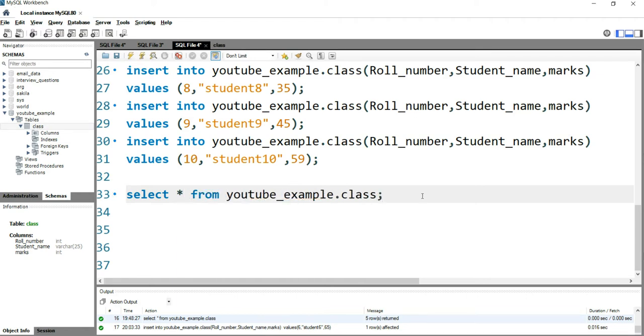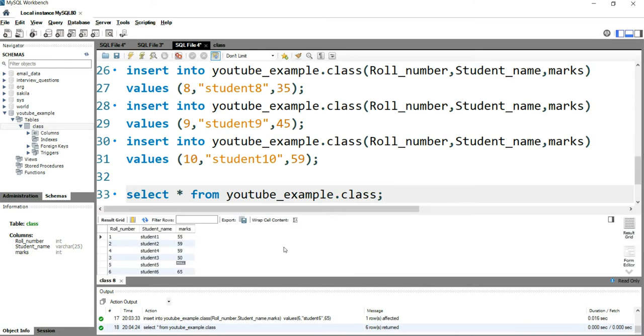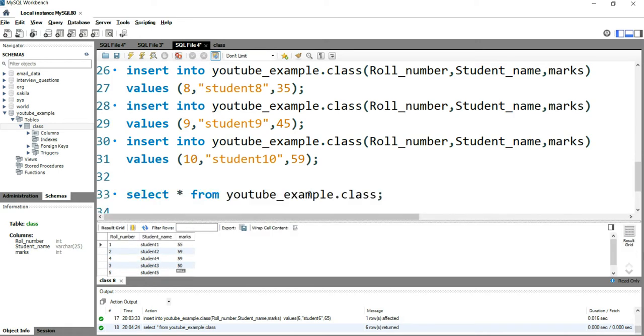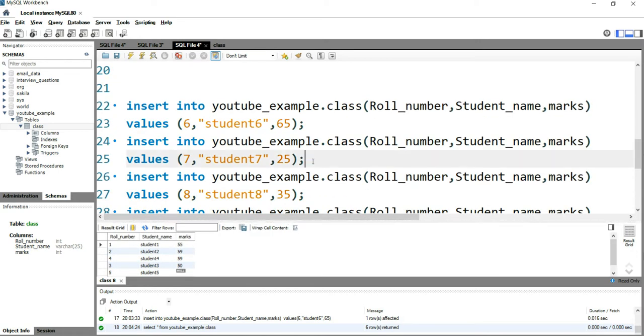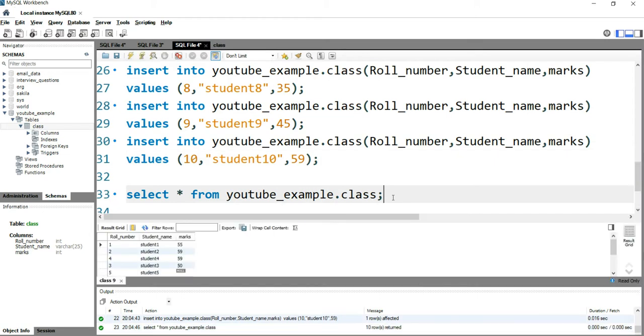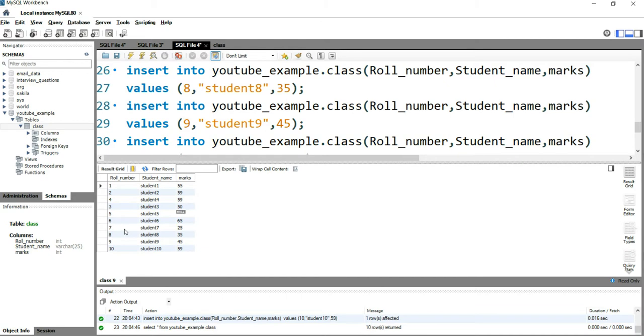Okay, so it ran the first query only, and it inserted only the record for roll number 6. So I have to go back and manually run for roll number 7, then roll number 8, roll number 9, and roll number 10. Now if I check, I'll see that my table has all the records from 6 to 10.